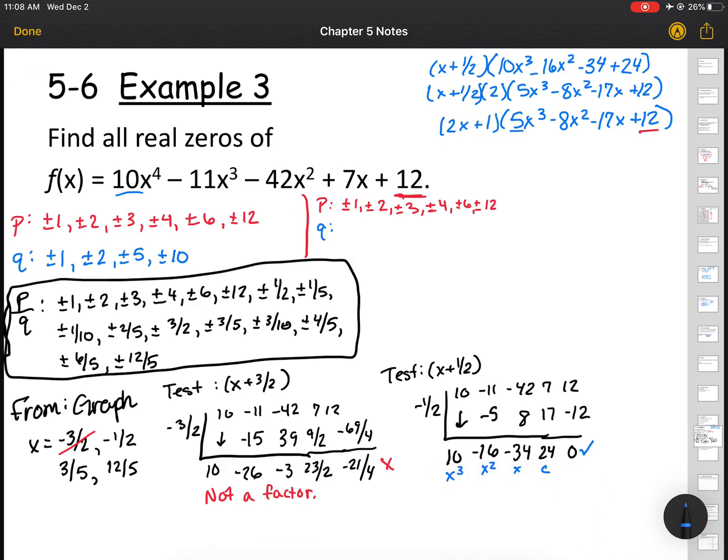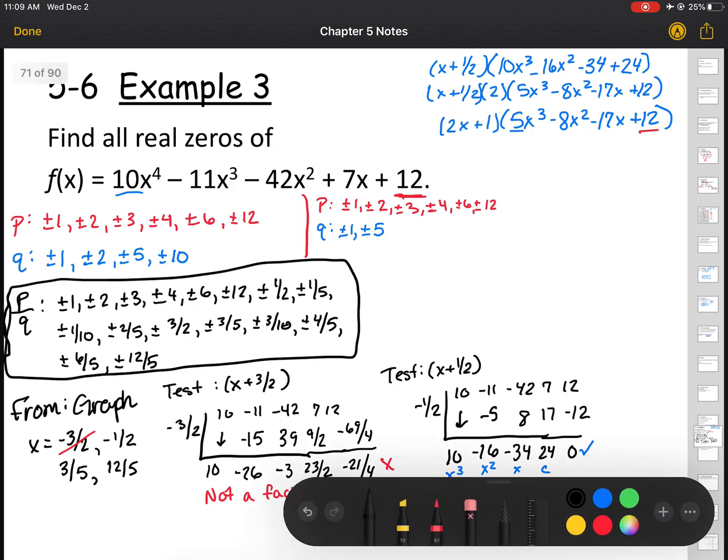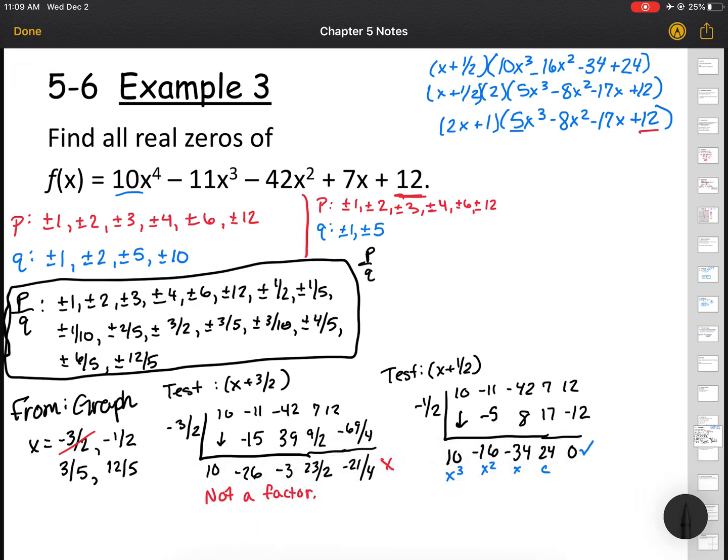And my q is my leading coefficient here of 5, so plus or minus 1, and 5 here. Okay, and now if I make p out of q, the possible zeros of that, I get positive or negative 1, 2, 3, 4, 6, 12,